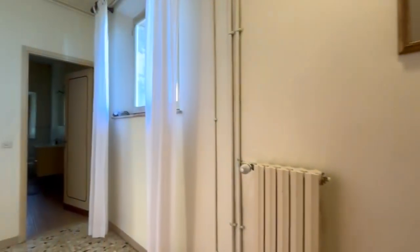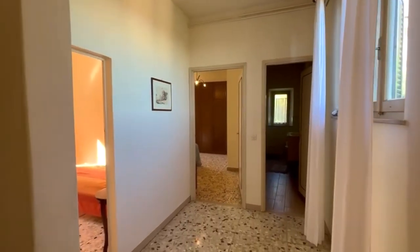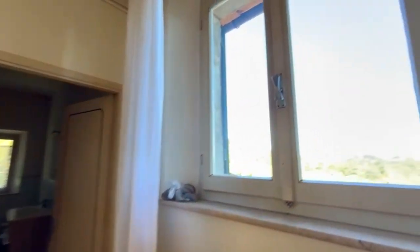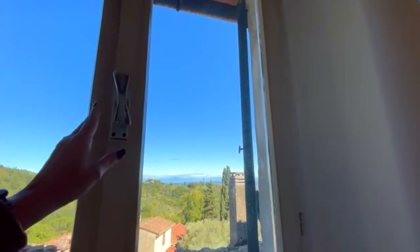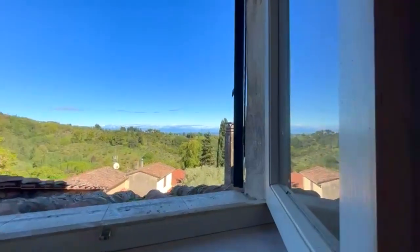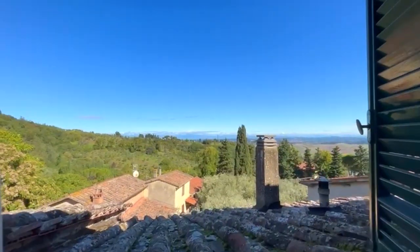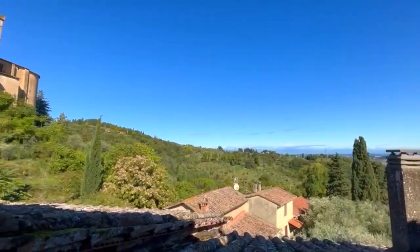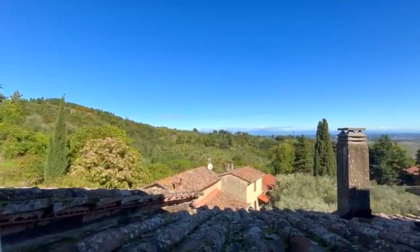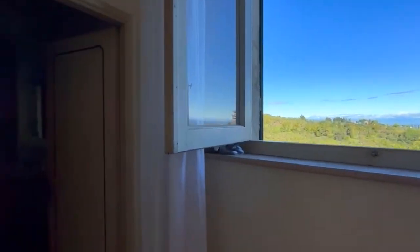So here we find ourselves in the upstairs corridor, very light and bright here once again. All the rooms lead off this corridor, but first of all let's have a look out of this window, again allowing a lot of light into the corridor. Look at these lovely views out to the countryside, those lovely Tuscan rolling hills. I can see cypress trees, and then up to our left is the magnificent 12th century San Donato, the main church in Chianni, and you'll hear the bells toll each hour, although they do stop and start during the night,